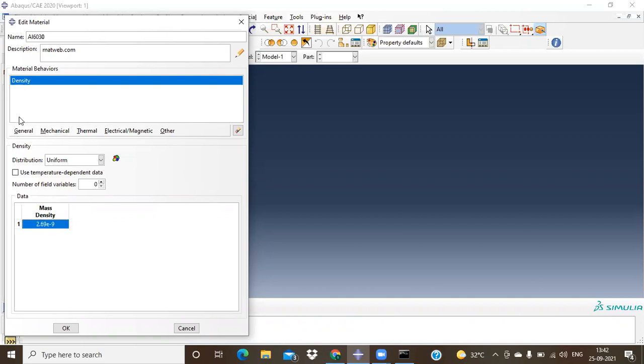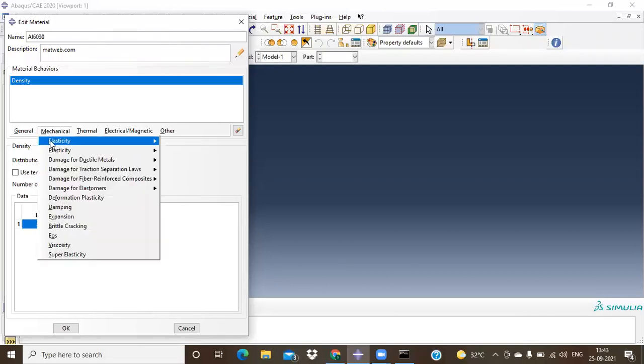Then after feeding this density, again you have to tell what is the stiffness of this. That is the Young's modulus. As per Hooke's law, stress is directly proportional to the strain, right? So I just need to feed this Young's modulus over here. What is the Young's modulus I need to define? So just go here to mechanical, elasticity. You have to go for mechanical, elasticity and click on this option called elastic.